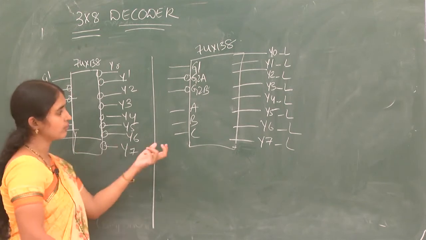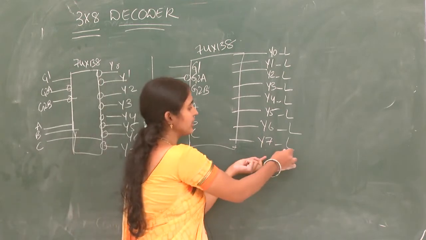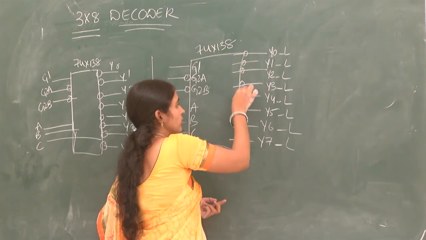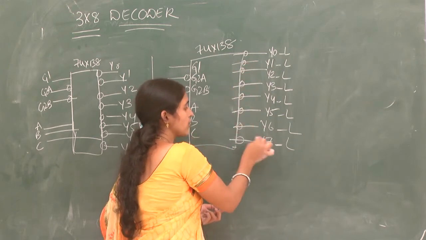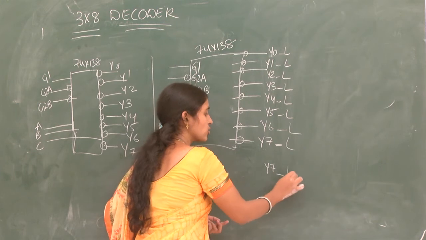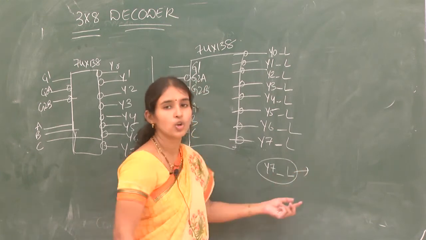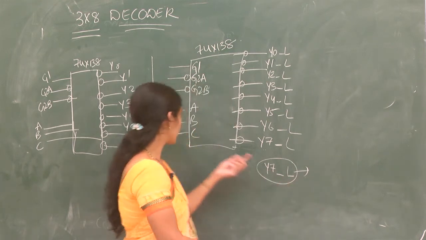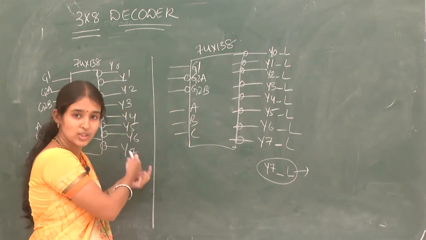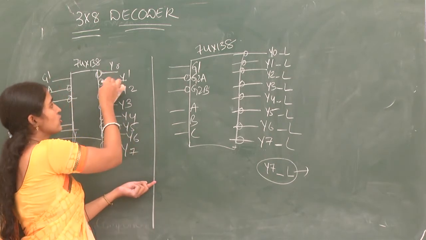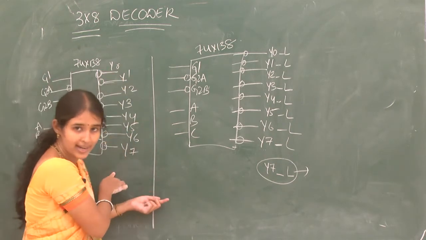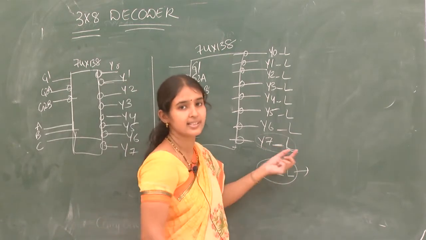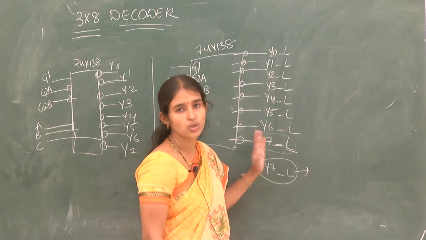Okay. In some circuits you will be finding like this also. That means these pins are enable low inputs. Like they will be specifying in some textbooks, they will be specifying like Y7 of _L. It indicates your active low signals. Okay, this indicates your active low signals. Whereas here if you see, these are also active low signals. Why? Because this bubble indicates your active low signals. Even though this is also active low, sometimes they will be telling you with a prefix L, it indicates your active low signals.